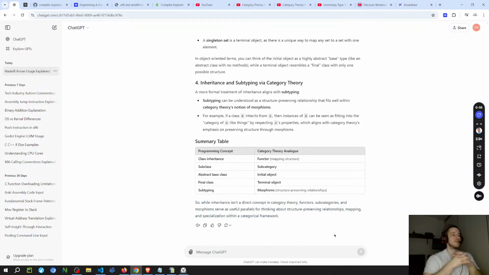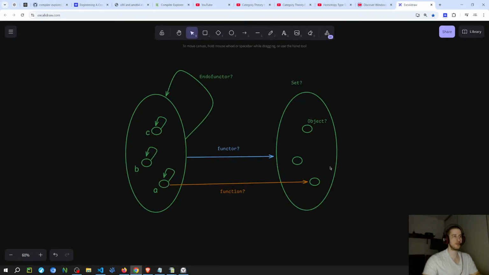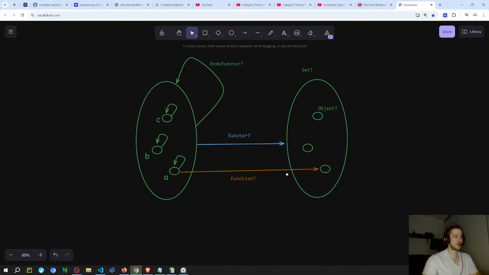I'm gonna ask about morphism, because it's still kind of weird to me as well. This is the part that's kind of hard to understand, because usually they explain it in the context of category theory, so it's hard to map to programming. In most of the videos that I watch, they just draw circles and arrows, and depending on the way that you draw the arrows, there are different meanings, and that's the part that is kind of weird.